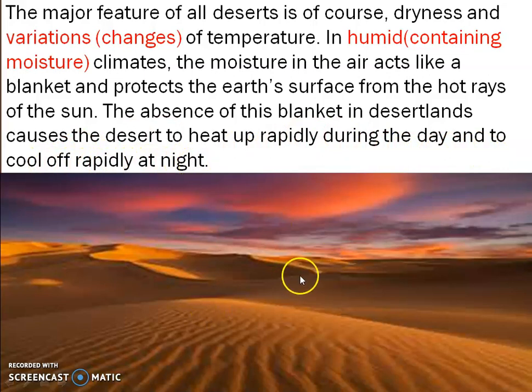So here there is no blanket-like structure, no humid climate available. Because of that, it is very hot in the daytime and cool at night, because it does not have any blanket. Okay,